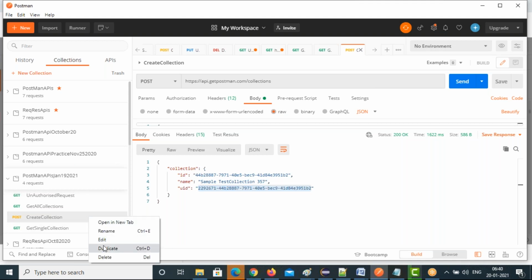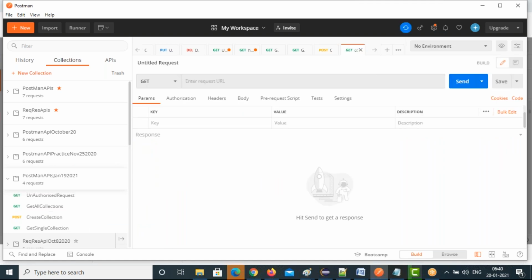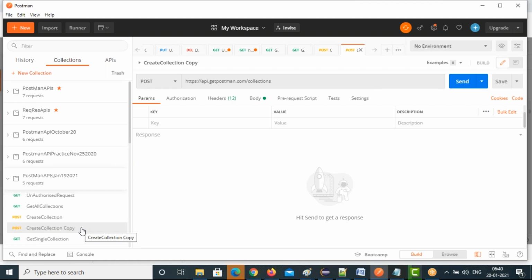Right click it, duplicate it. So I'm creating one more method. I want to update this. So just right click, rename it, update collection.